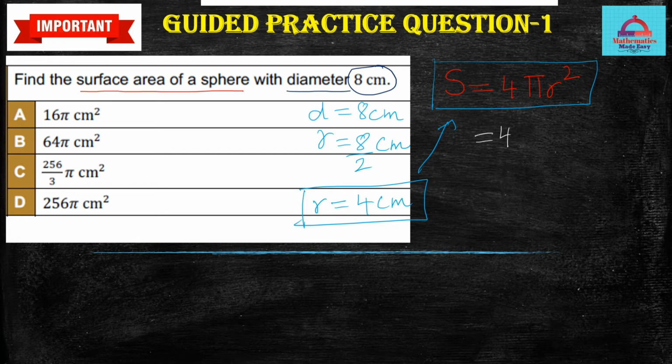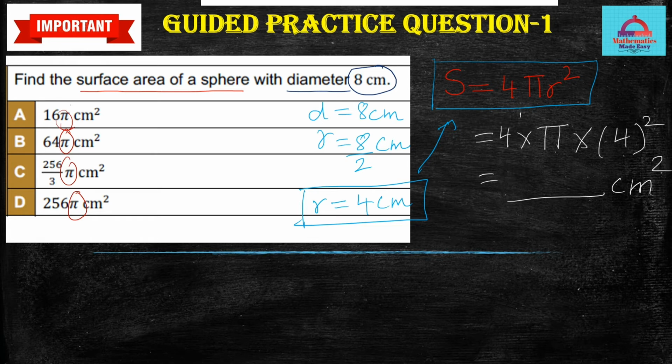So this is going to be 4 times. Now you can substitute pi as 3.14, but if you look at the options here very carefully, all 4 options have pi in it. So they have not substituted for pi. So we are going to go ahead and remove this value and just put in our pi as it is. So let's substitute our radius, which is 4 square, and remember the unit eventually is going to come as centimeter square, since the radius was given in centimeter.